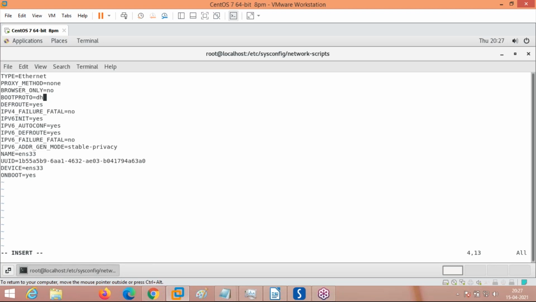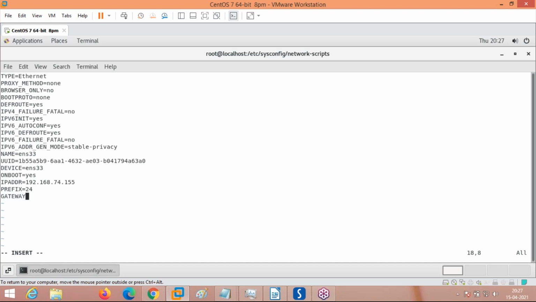Otherwise, we can use none and give the IP address manually: IPADDR equals 192.168.74.155. PREFIX equals 24.